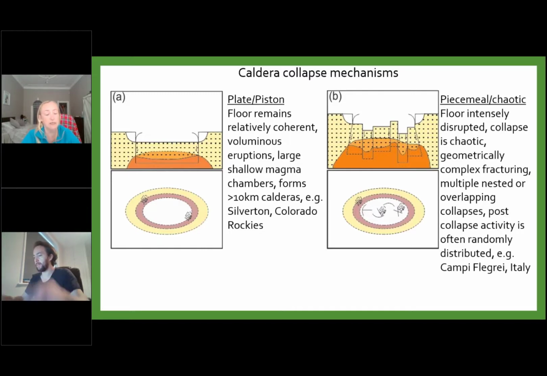I should say as well here that the nature of the collapse, the mechanism, is quite often associated with the geometry of the magma body in the subsurface as well. And you tend to find that the calderas are greater than 10 kilometers in diameter, and an example is the Silverton one in Colorado. So you've got at the top there a very simple cross-section, and at the bottom is a schematic plan view,